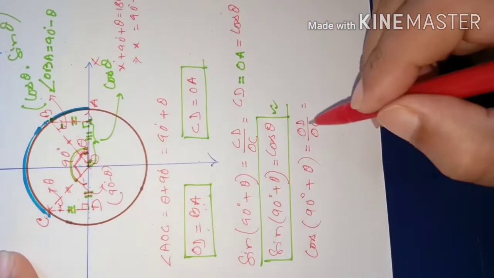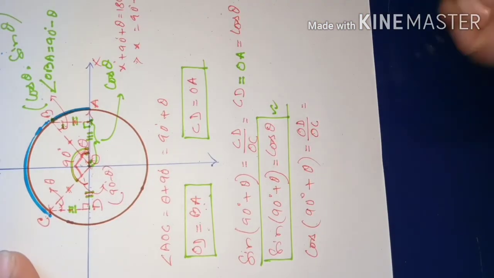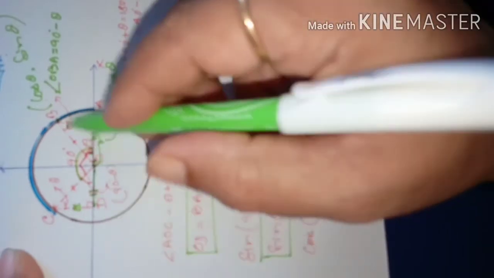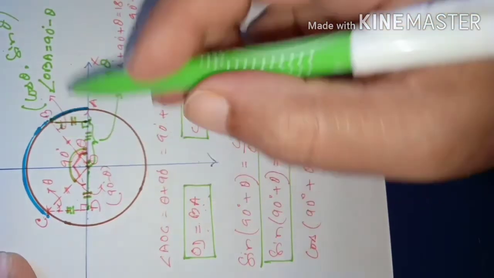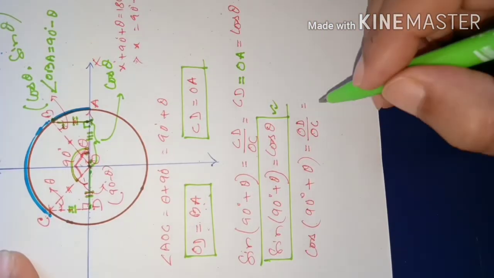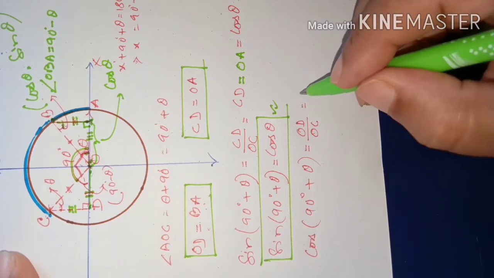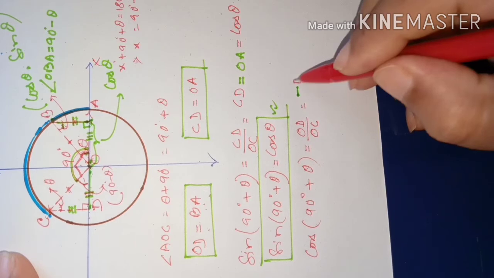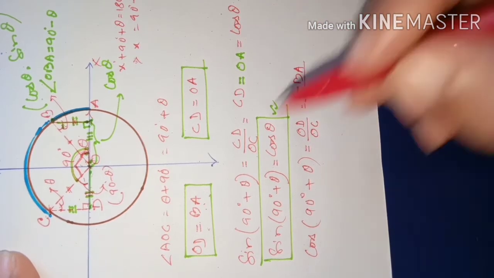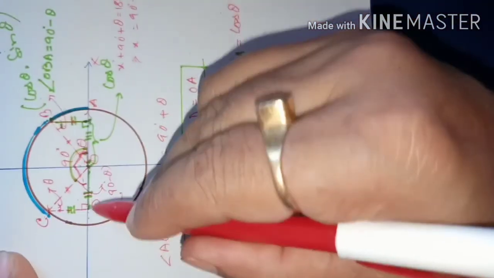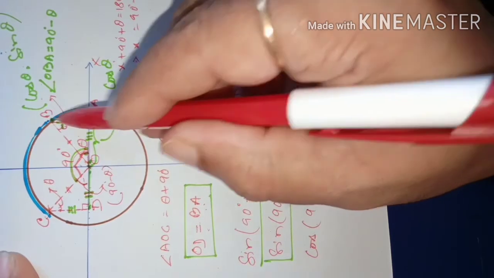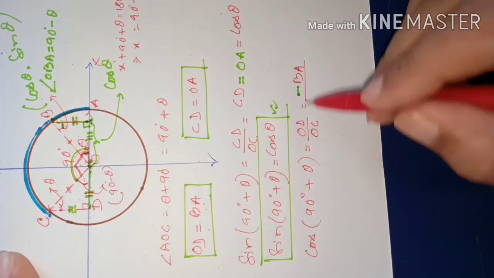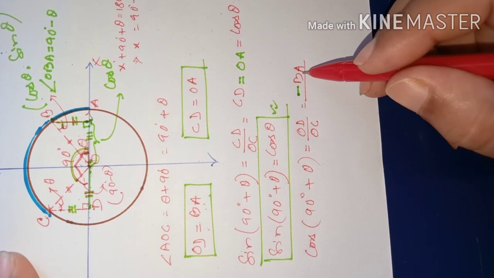BA is positive. So that means OD cannot be replaced directly by BA, because OD's length is on the negative side of the x-axis and BA's length is positive on the positive side of the y-axis. So we can say like this, OD is equal to, we can replace it by minus BA. Then only it will be equal. That means if it is, suppose, 3 units this way, this is minus 3 units, think like that. So this is 3 units, then OD will be minus 3 units. That is what you have to say, that OD is minus of BA, negative of BA.